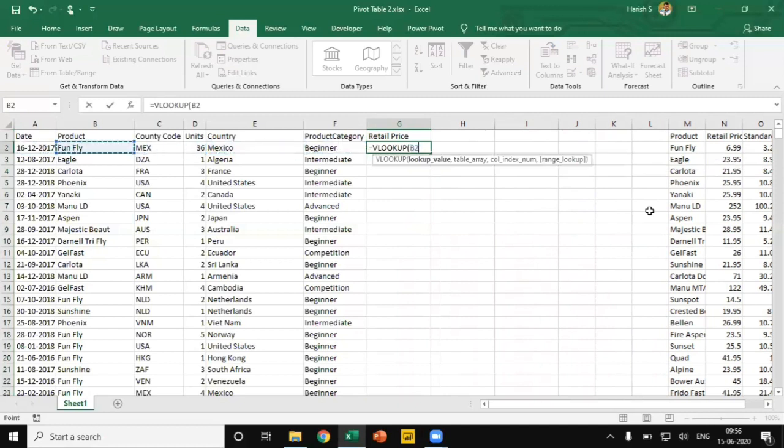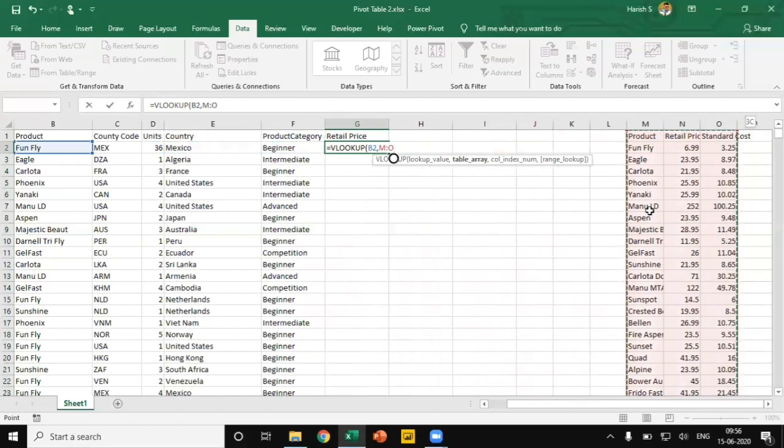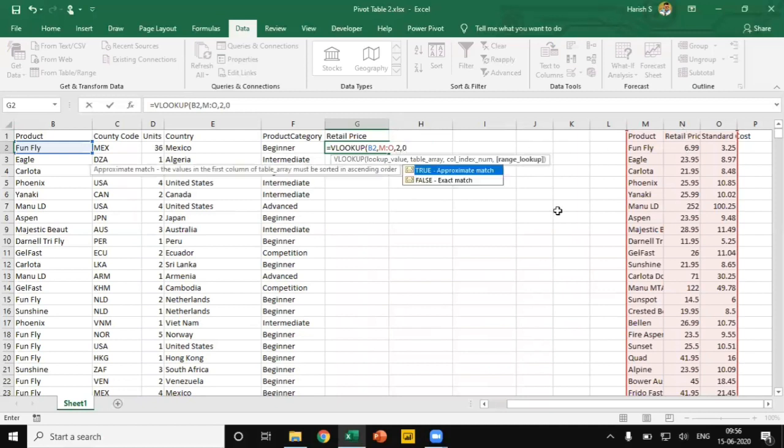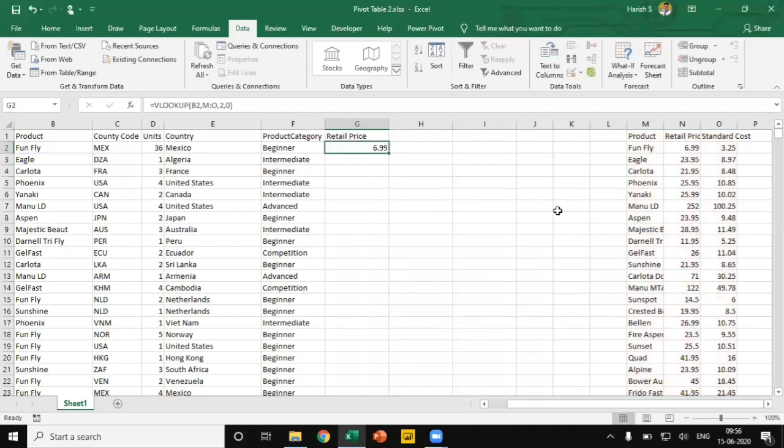I'll select this product and then select the entire column. I need the second column. I'll just add second and then comma 0. Now I got the retail price. In a similar way, I want to take cost.